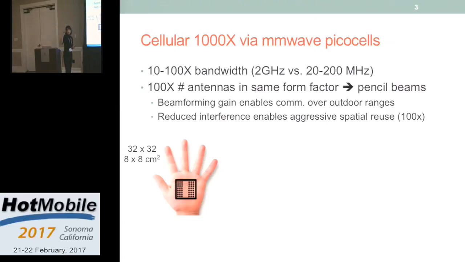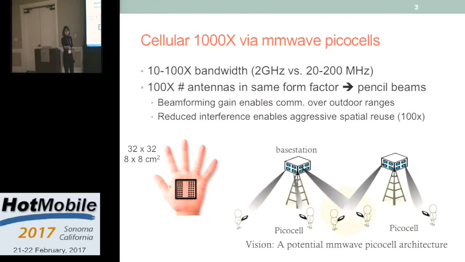Also, since the wavelength is very small at the millimeter wave band, we can put a much larger number of antenna elements in small form factors, and that way we will have beamforming gain, focusing energy towards the user. That means we can extend the range of millimeter wave communication for outdoor applications as well, like cellular networks. Since we are minimizing the interference this way, we can have multiple links at the same time, serving multiple users at the same time and increasing the spatial reuse factor.